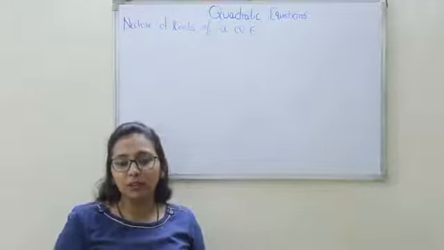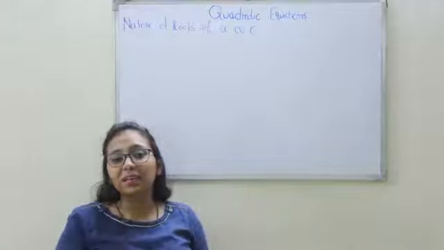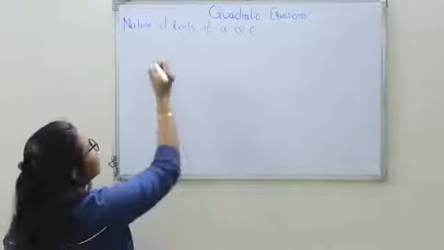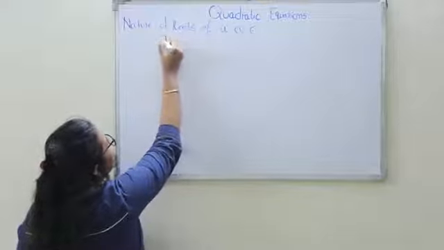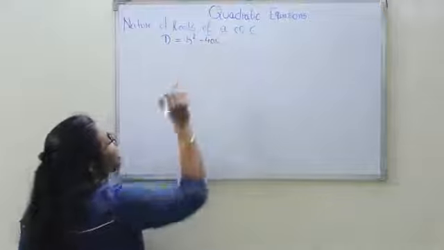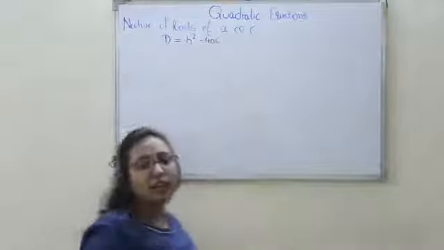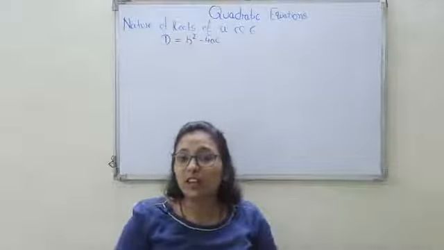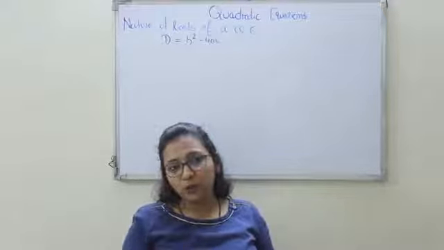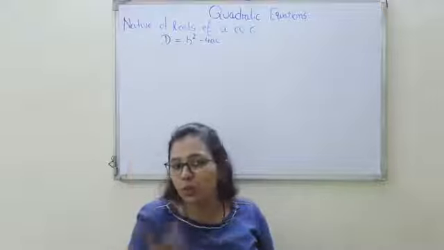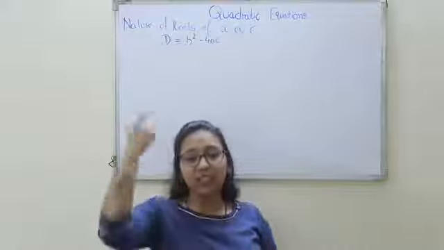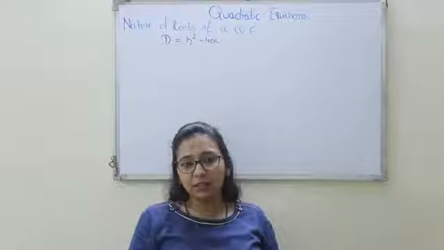There is one shortcut. You have to find the value of discriminant. Discriminant is nothing but b square minus 4ac. Discriminant is denoted by capital letter D. D is nothing but b square minus 4ac. This is called a discriminant. I repeat, you will be asked to find the nature of root of the quadratic equation. For that, you don't have to solve the equation by any method. You have to just find the value of b square minus 4ac. That is, you have to find the value of discriminant.